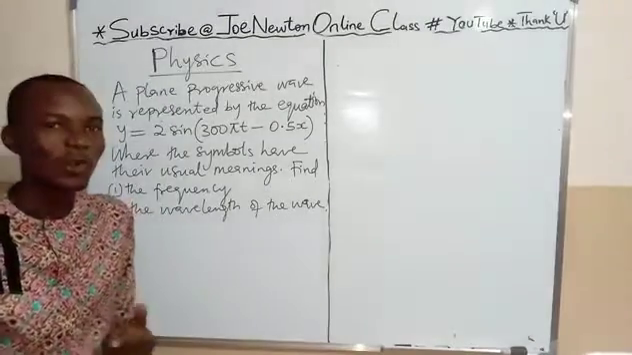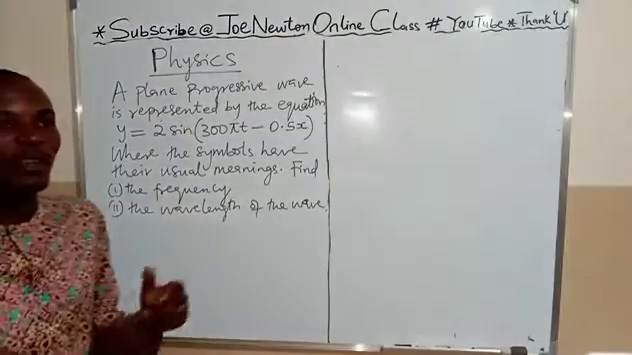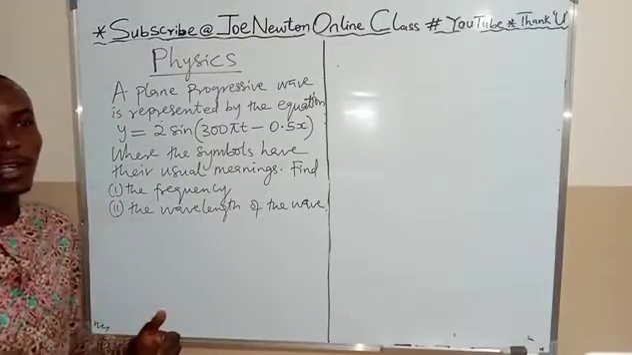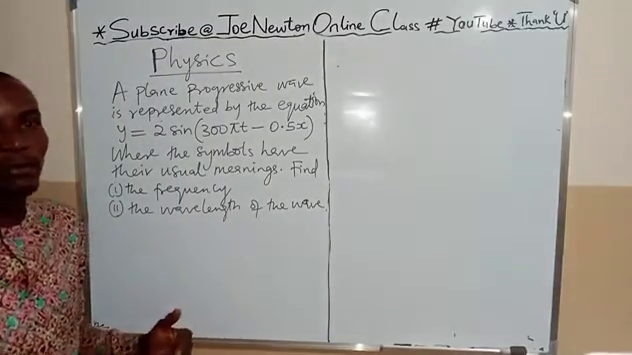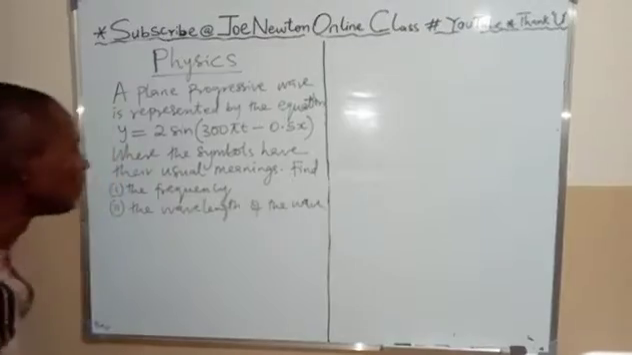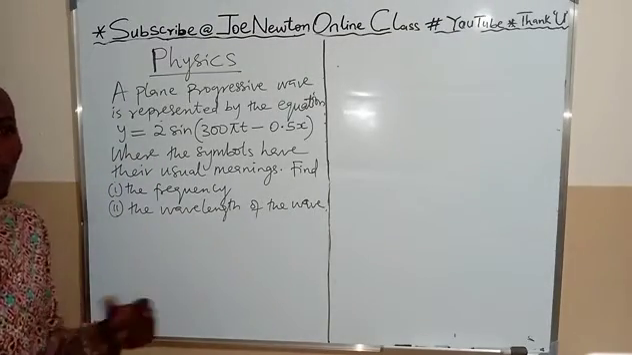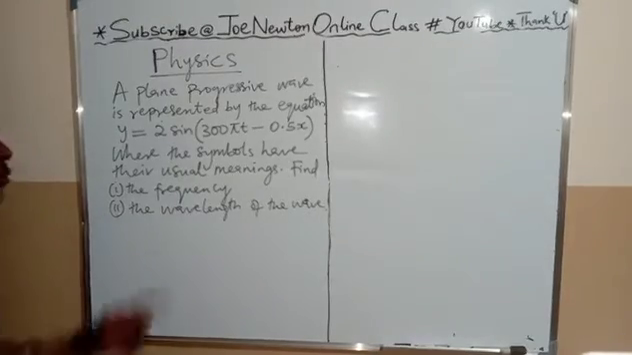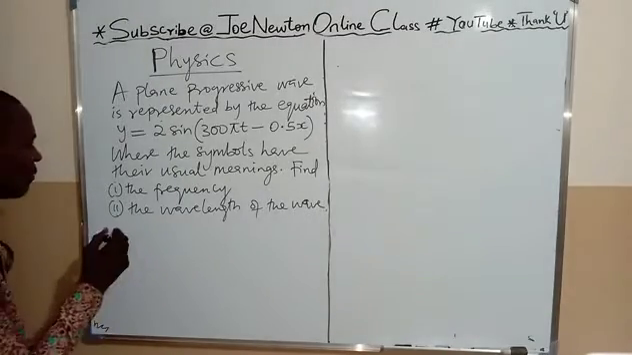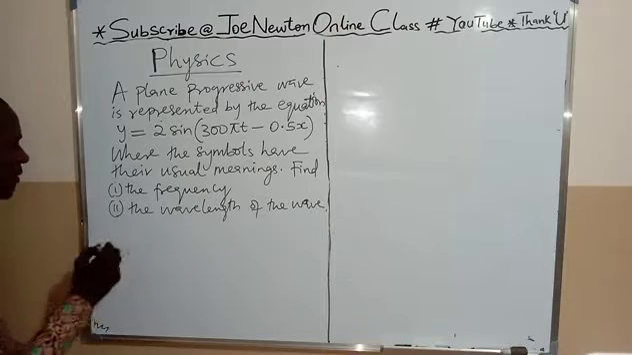But first of all, we should record that a progressive wave is a wave that transfers energy as it travels away from the source, of which we have longitudinal and transverse waves. But let's look at this question. Now, from the progressive wave equation, we have that